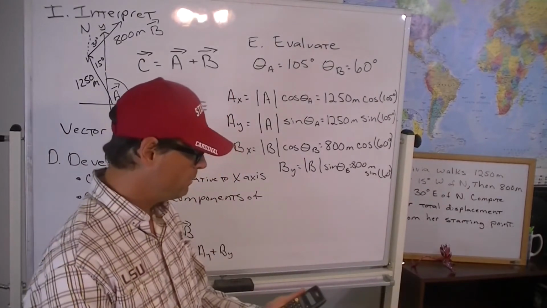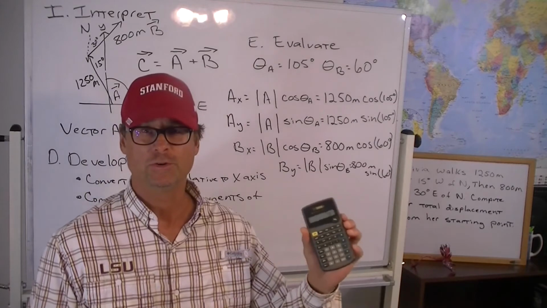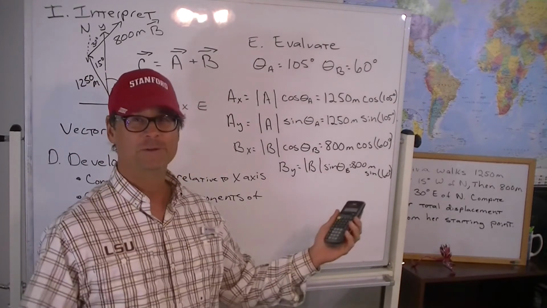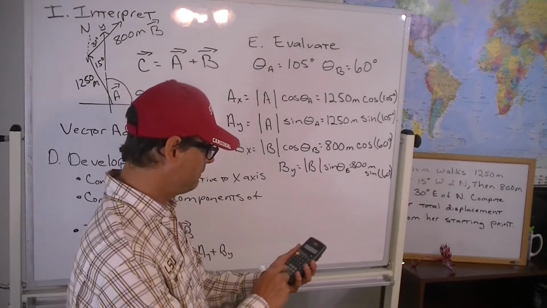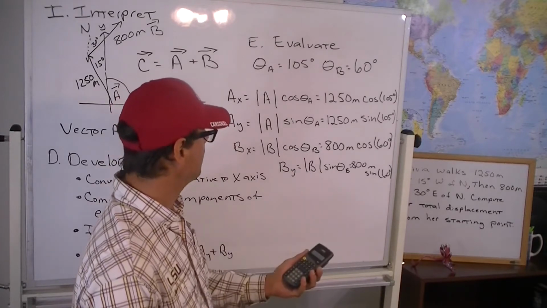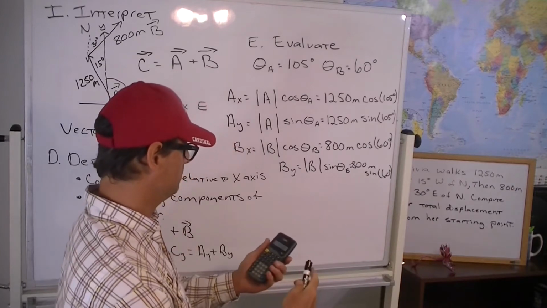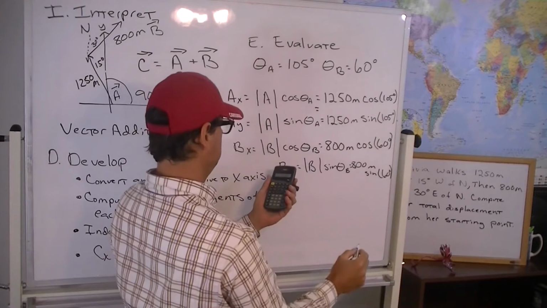Okay, so let's go ahead and carry forward some of our calculations. One important thing at this point is to make sure your calculator is in degree mode. If your calculator happens to be in radian mode, you're going to get answers that don't make any sense. Alright, so the cosine of 105 degrees is negative 0.258, so we just multiply that by 1250. So the x component of A is